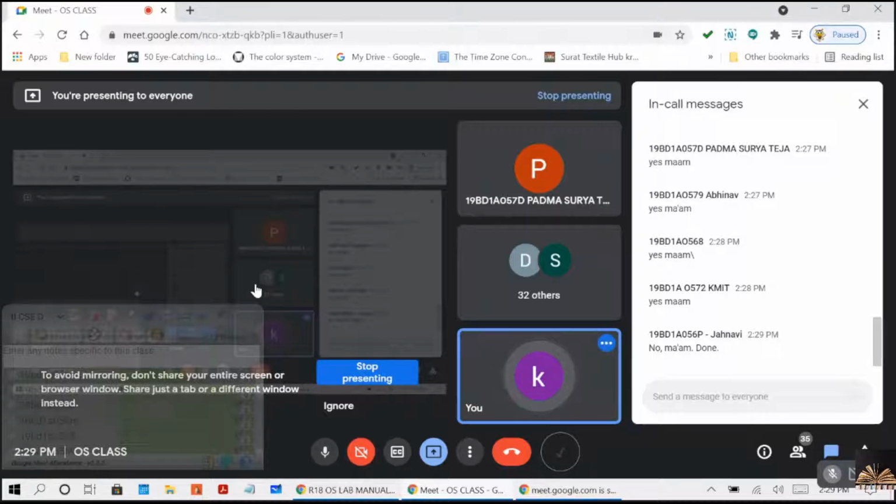The second program is just like the first program only, but what we are supposed to do is first arrange the processes in the ascending order of their burst time. That's all, right? According to their burst times, whose burst time is less will be considered as the first job.